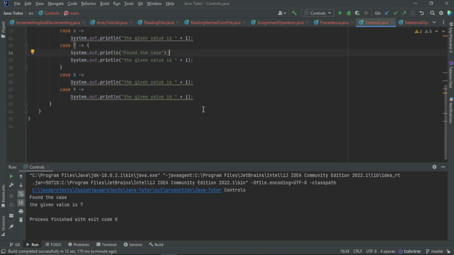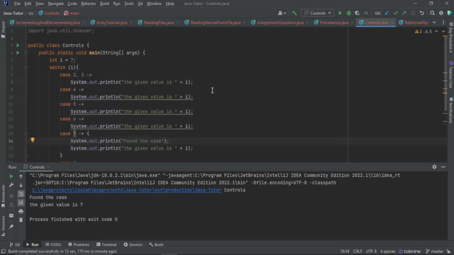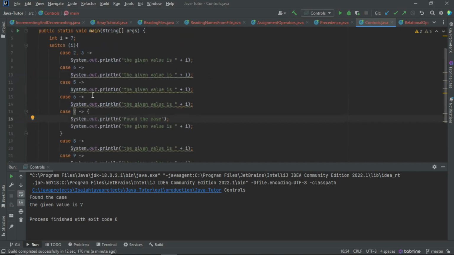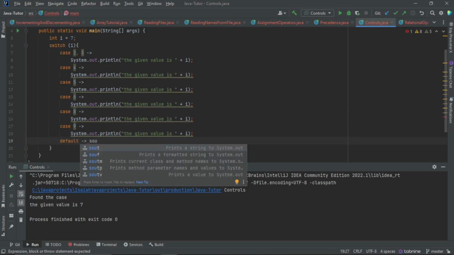Now in addition, we can also have a default case. The default case simply works in a way that if each of these cases does not turn out to be true, that is, if each of these values here, we have in case 2, case 3, case 4, case 5, and so on and so forth. If 7 was to be absent from this list, let me highlight and delete. Then with the default case, we can do something like this. We say default, and we'll say